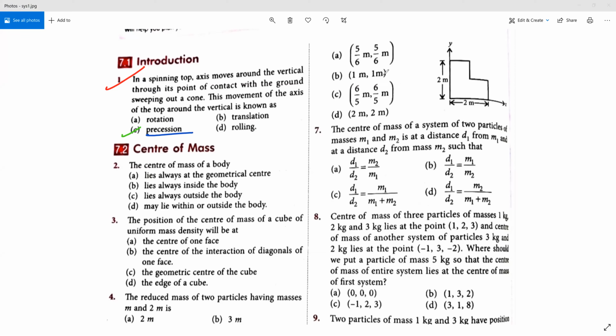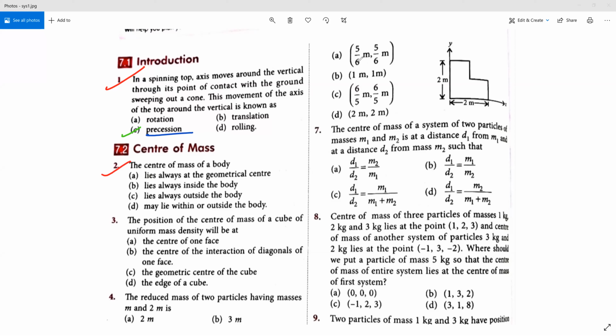Got this one? So in order to solve the given question, first read the question, try to understand it, and observe all the four options keenly. And after observing all the four options, try to analyze the right option. So I hope you got this one. Shall we move to the next one? So we shall move to the next one.